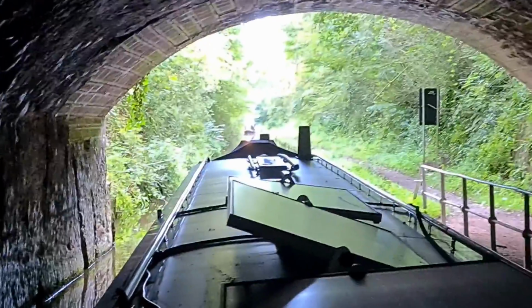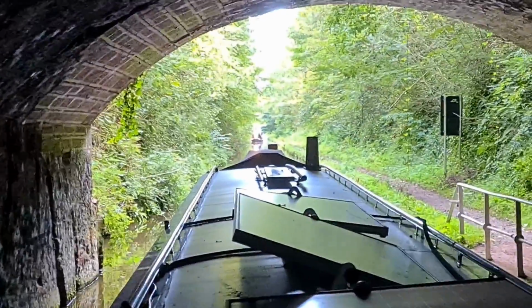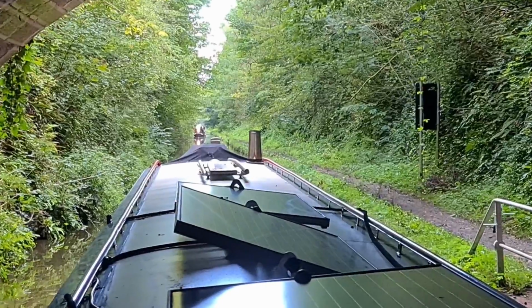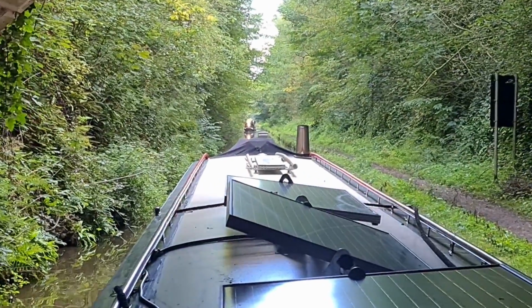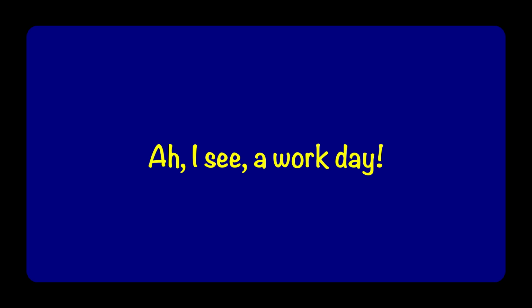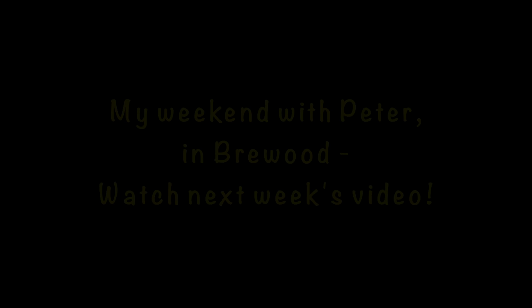So out of here and then onwards to Wheaton Aston. I'm going to stop tomorrow and have a rest day. When I say a rest day, I mean so I can have a music lesson and do some shopping and clean up the boat and tidy away things properly. So not really a rest day. And then on Friday I'll head down to the village of Brewood to meet